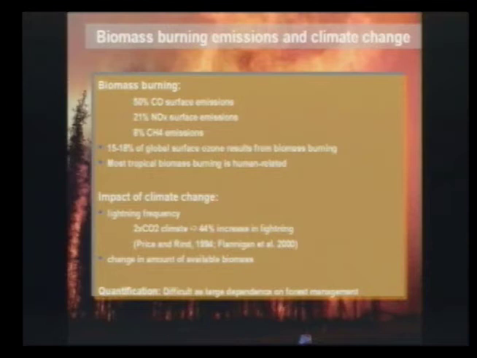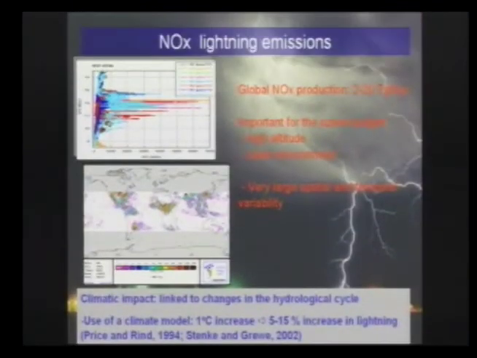It's been discussed already that biomass burning emission could change. Biomass burning is important for a number of ozone precursors. It's 50%, maybe a bit less, I'd say 40%, of the CO emissions, 20% of the NOx emissions, 8% of the methane emissions. If we have more fires, of course, these emissions would increase. And of course, climate change could lead to some of this increase in fires.